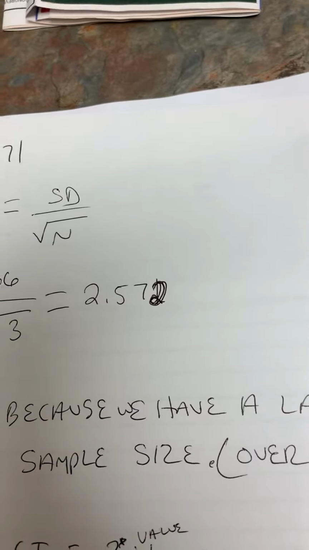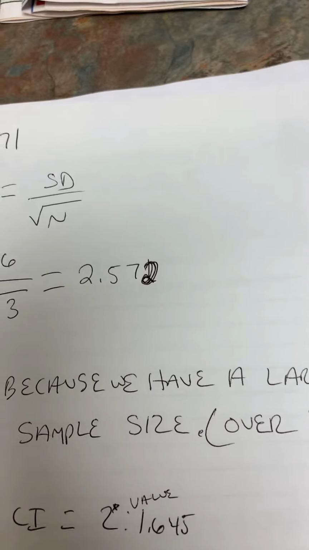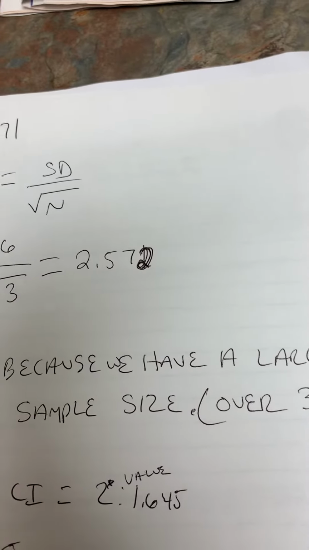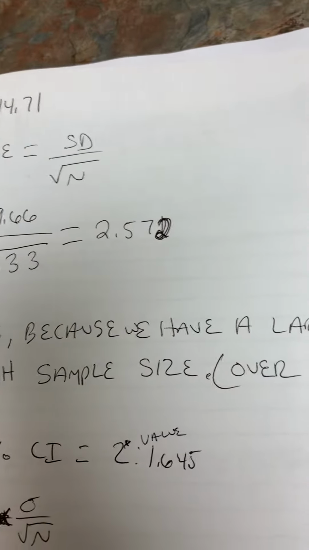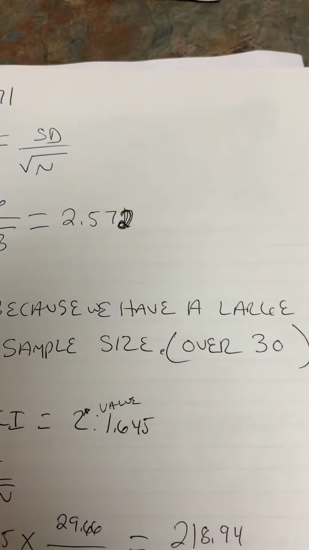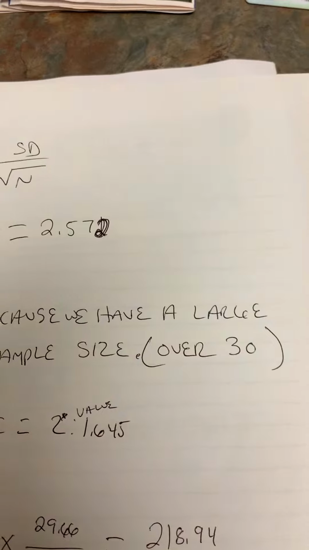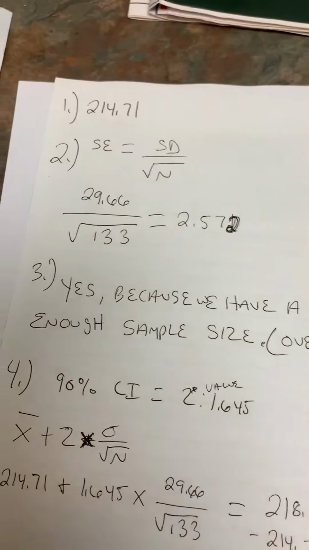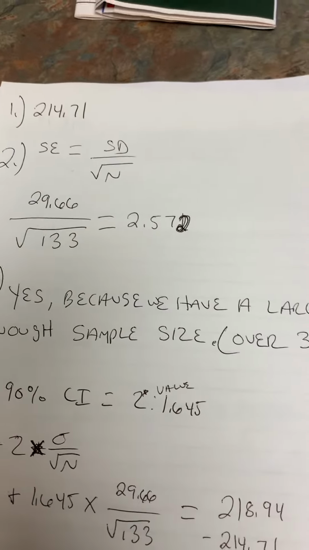Then it asks if we can apply our central limit theorem to estimate the population mean, and I believe we can because we have a large enough sample size. I know that everything I've read to this point throughout the semester said that you have to have a sample over 30 to be able to use the central limit theorem, so I believe that is